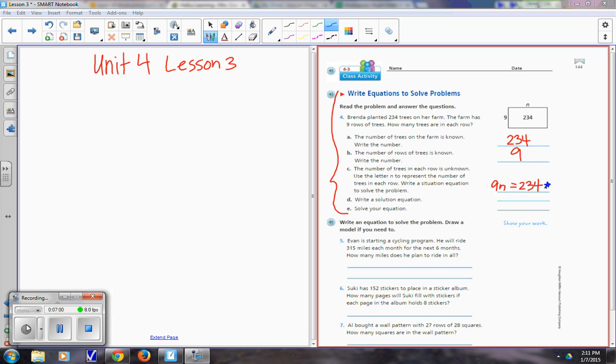So what you need to do is, here's your situation equation. This right here is going to tell you how to solve our problem. Well, the solution equation is how you are going to solve it. So I always start my solution equation with my variable. So n is going to equal 234 divided by 9, because it would be the opposite of what you are doing in your situation. So the answer is n equals 26